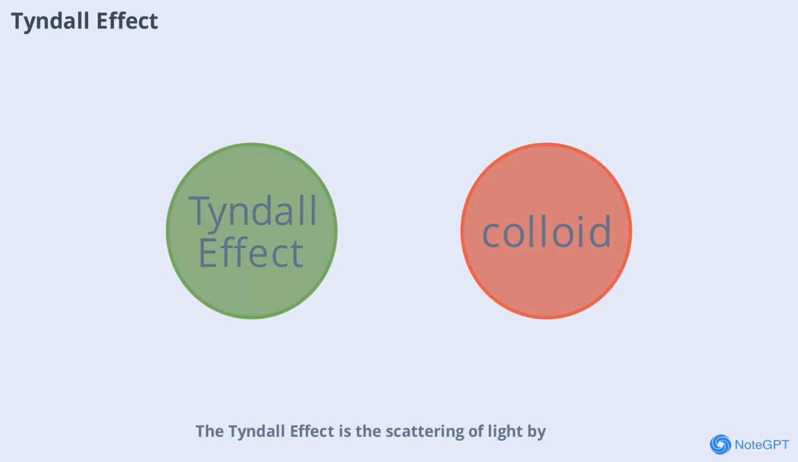Tyndall Effect is the scattering of light by particles in a colloid or in very fine suspensions. It explains why beams of sunlight become visible when passing through mist or dust. This effect is used in laboratories to distinguish between true solutions and colloids, and it's a great example of light